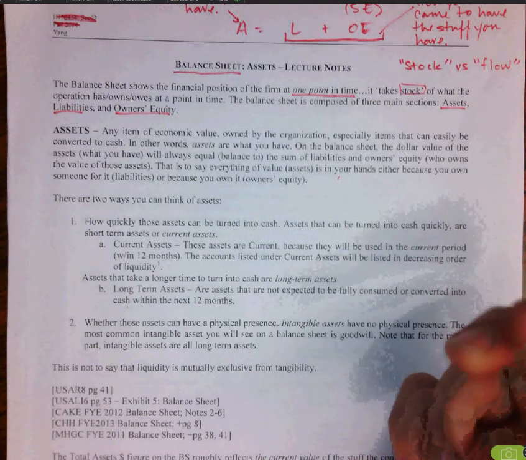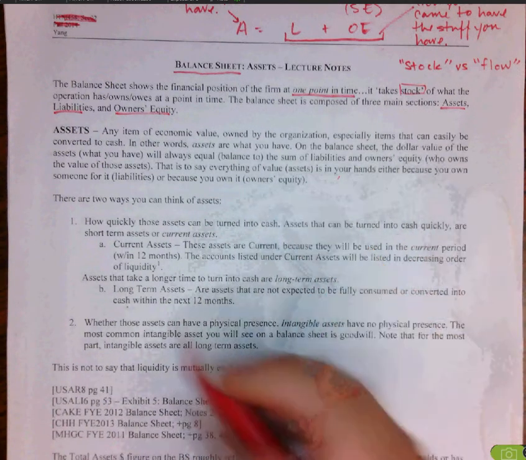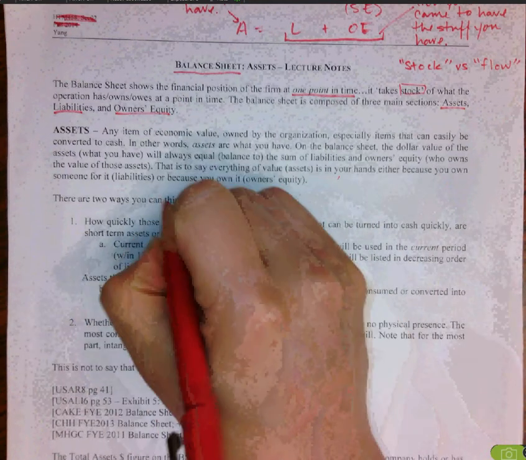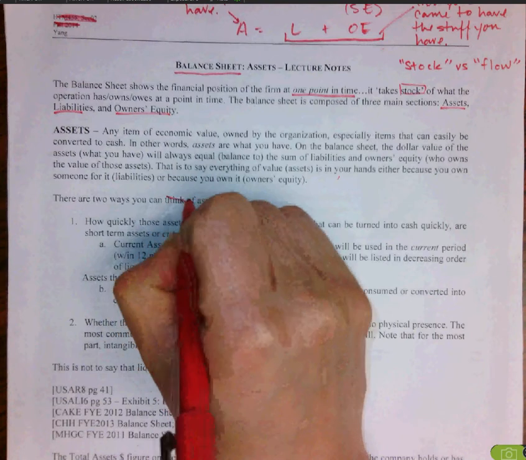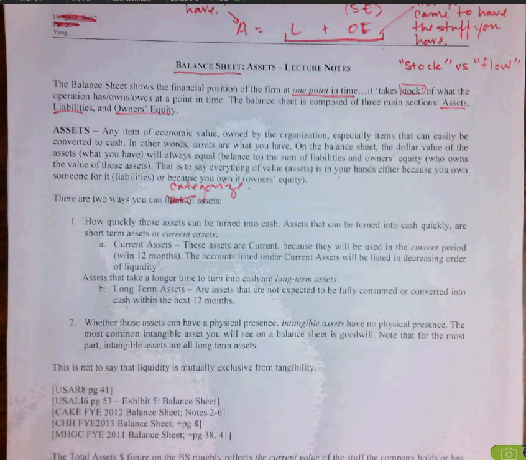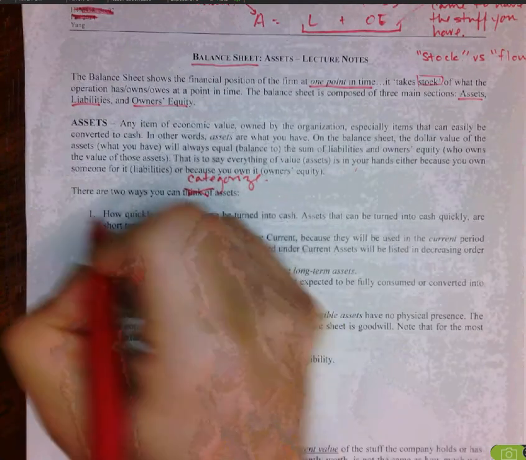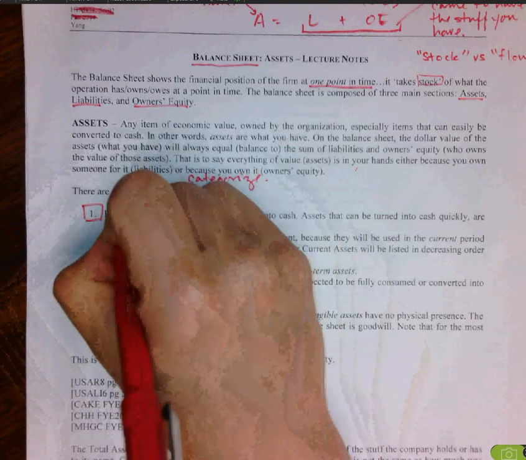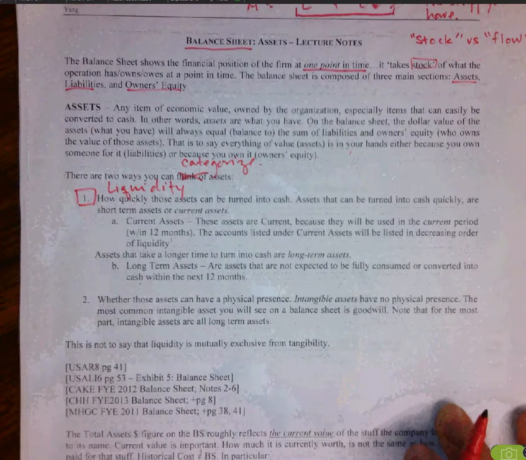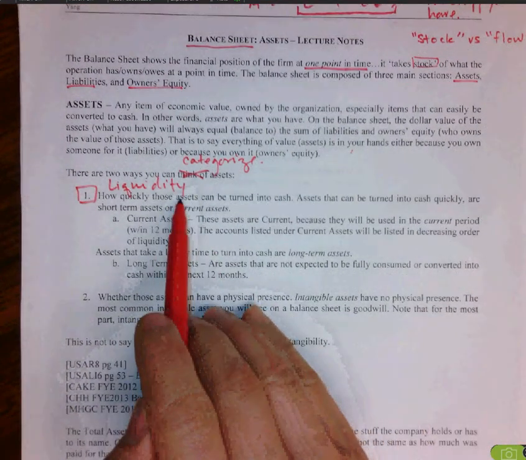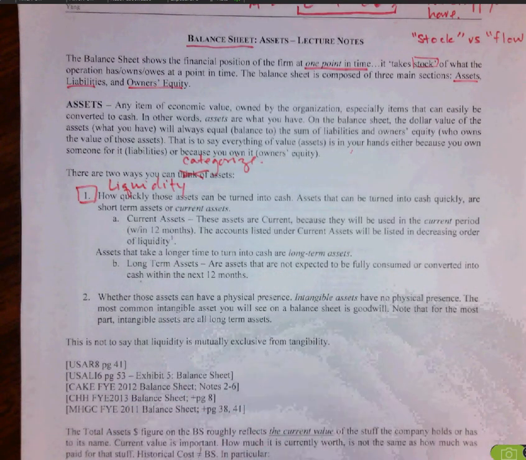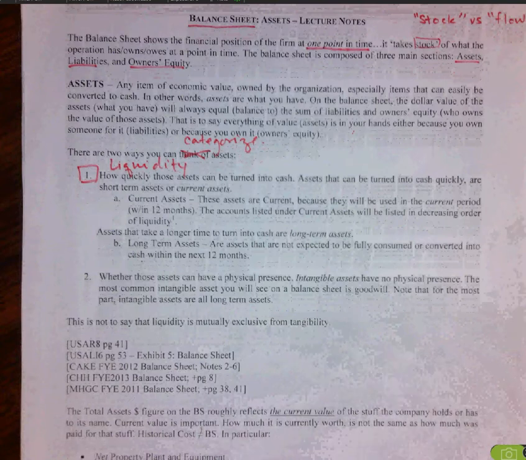Okay, there are really two ways in which you can categorize and start thinking about your assets, and two ways in which professionals categorize assets on the balance sheet. The first way in which you can categorize assets is by liquidity. How liquid are those assets? And by liquid, I mean how quickly can you turn those assets into cash? So cash is already cash, so we consider cash to be the most liquid of assets because,